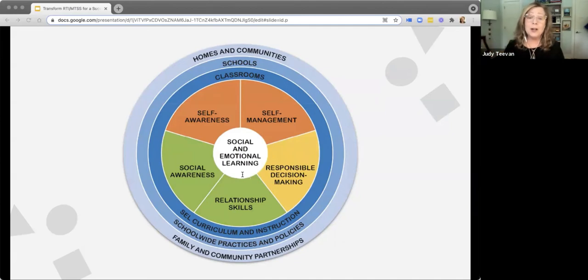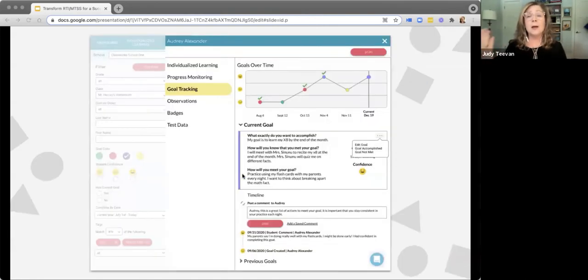Using an SEL screener identifies the students who have those deficits, but then what's next? Most of these skills are left to be taught, practiced, and reinforced by our classroom teachers. So teachers need tools to help them track goals and progress within the SEL realm on a regular basis. Now, as Melissa mentioned earlier, a daily behavioral report card is key to sustaining communication with students and parents. Again, building that student ownership of their actions and their learning.